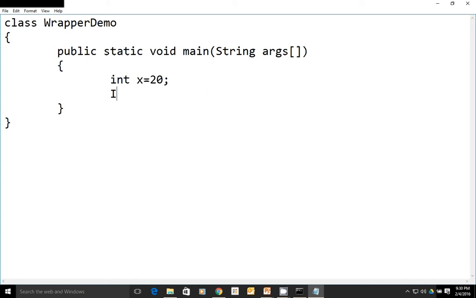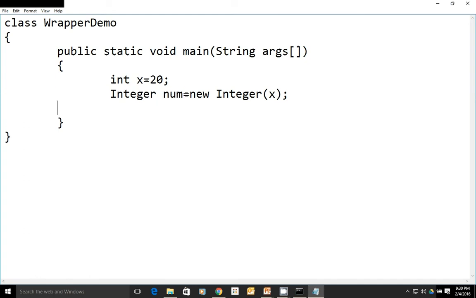And I want to create an object, Integer num, or any dummy variable name, equal to new Integer(x). So here x is an integer variable whereas num is an integer object. That's the basic difference.